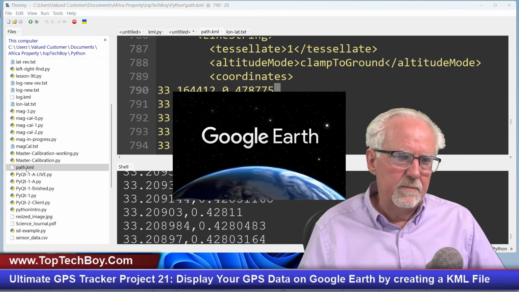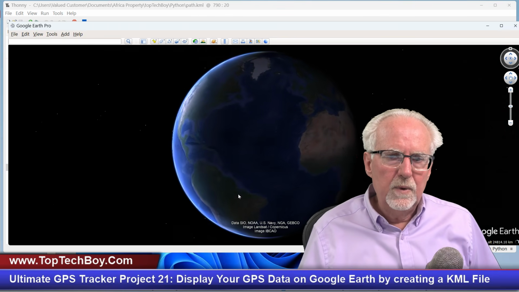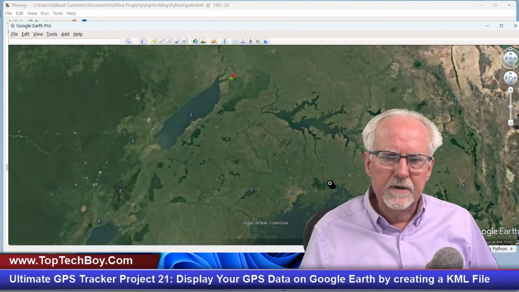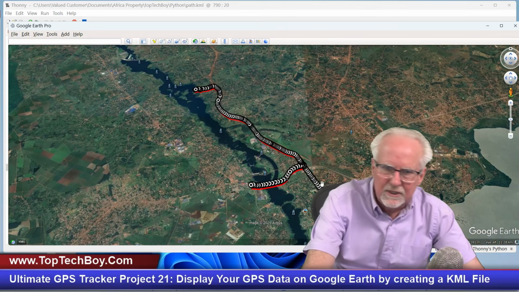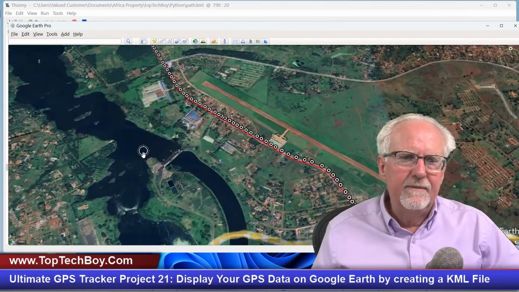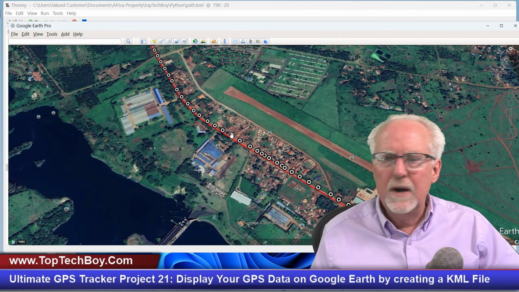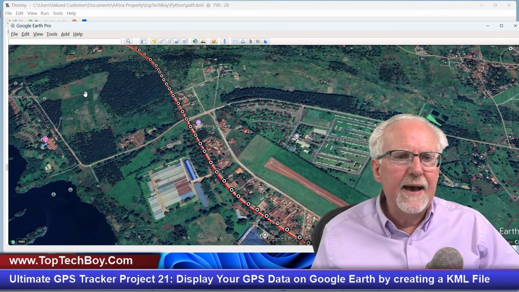But I'm just going to double click on this now. It's coming to Google Earth. Okay, we are opening up in the ocean. We are coming to Africa, Lake Victoria, and boom, look at that. Look at that, okay? What do I have? I have both dots of exactly where every point that I logged was, and then I've got a line connecting